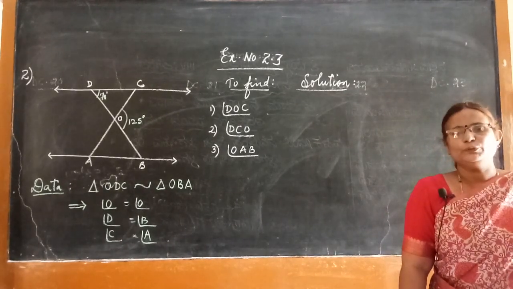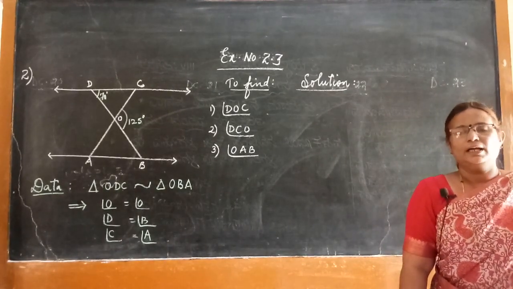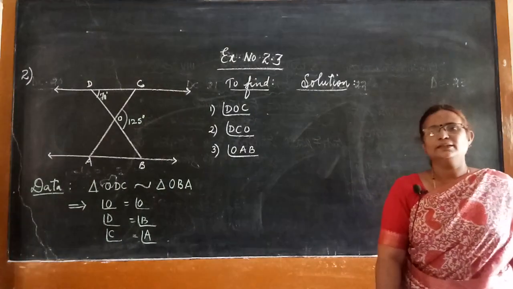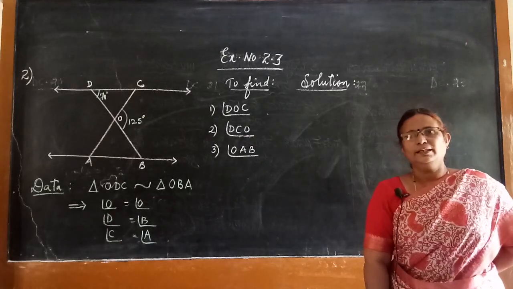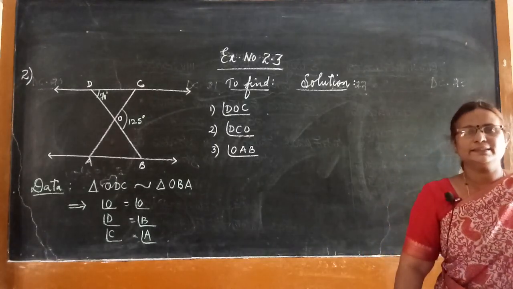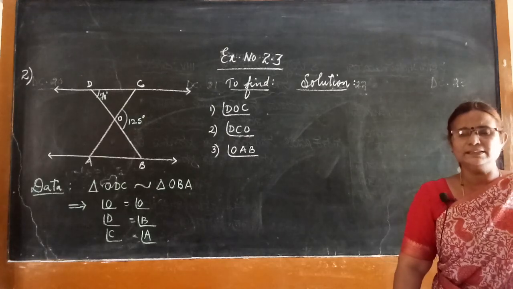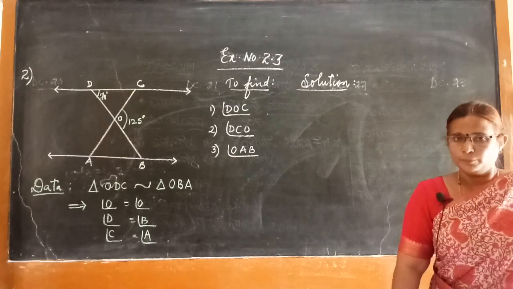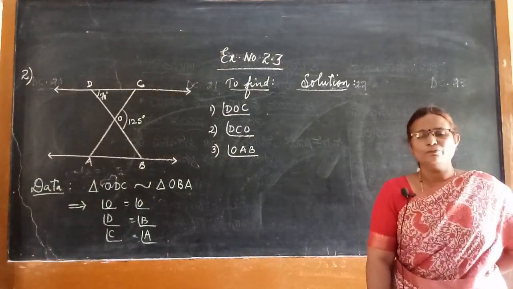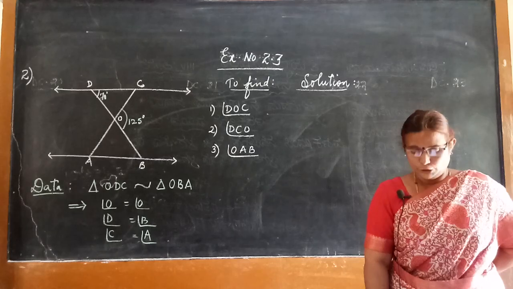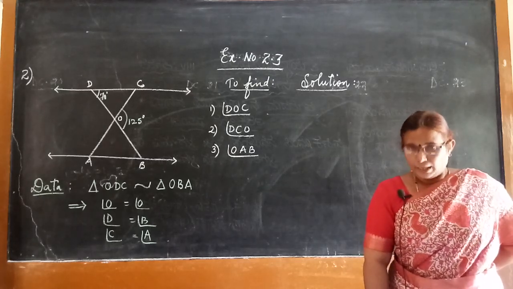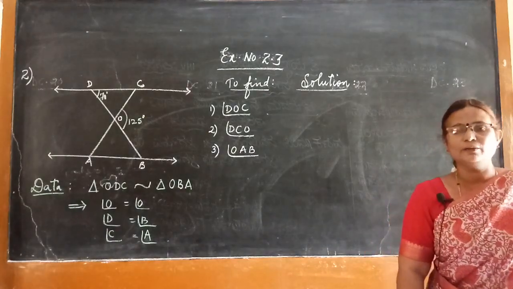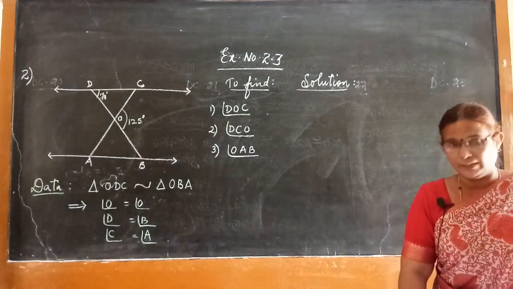In the previous class, we had proved the angle criterion for similar triangles, and we had also stated the SAS criterion and SSS criterion for similar triangles. Based on that, I told you to refer to the textbook and work out the problems. Today I am going to solve a few problems from exercise 2.3. I had assigned you to solve the first main and identify which criterion is applied for the different cases in